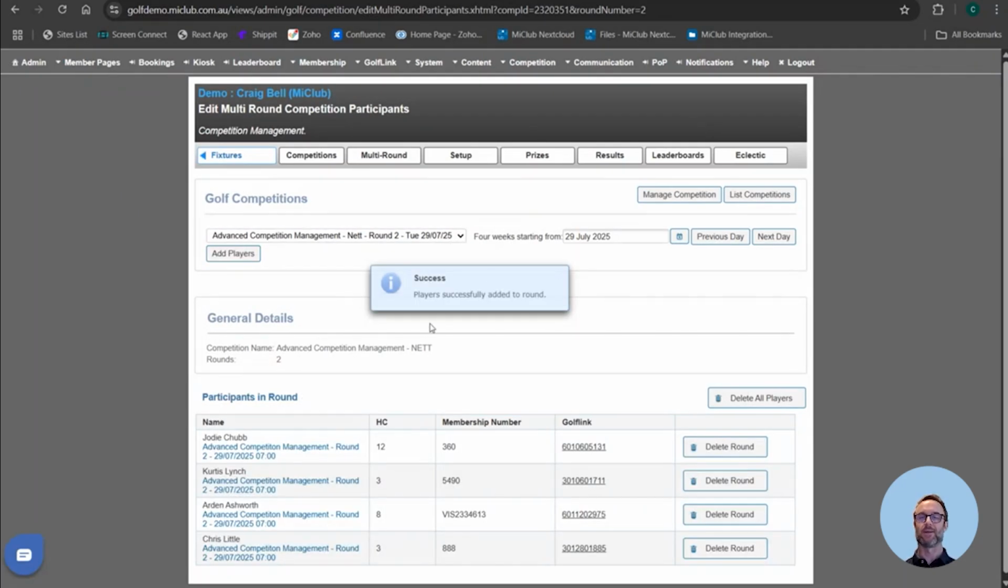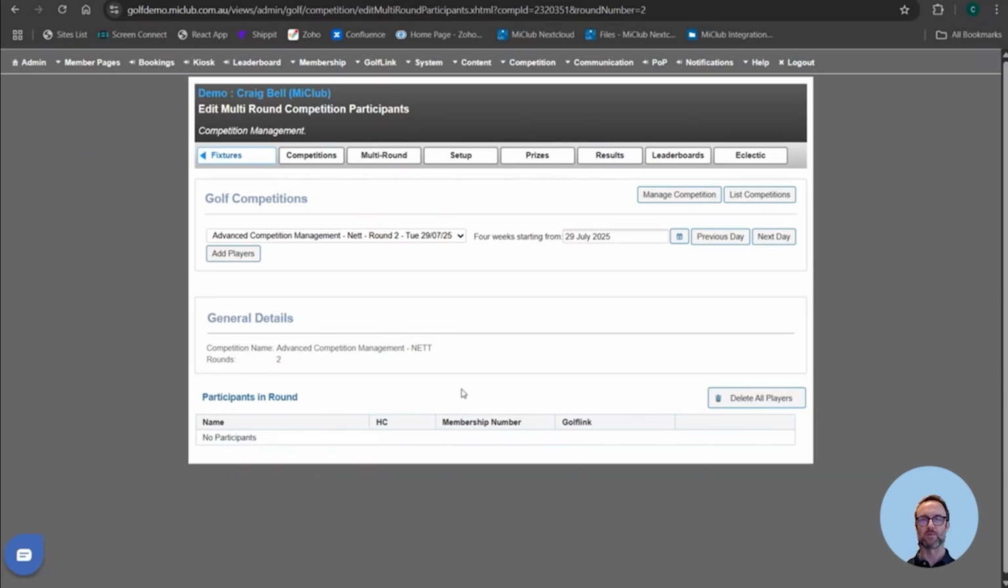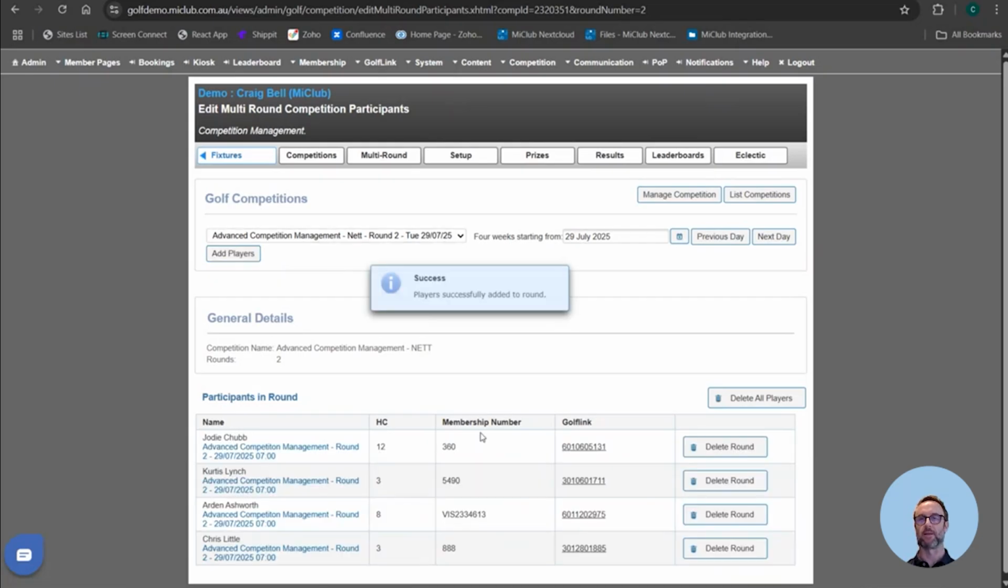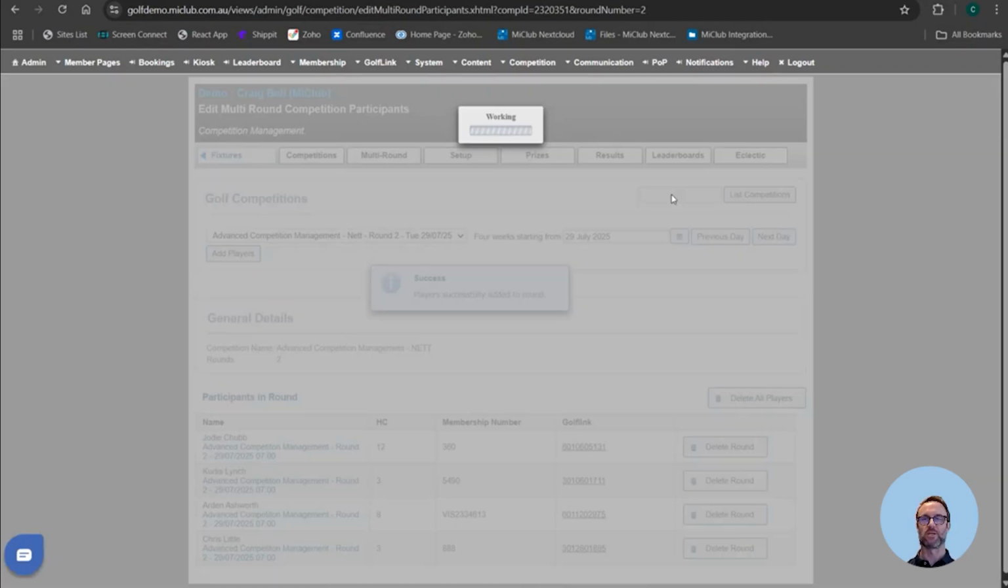Now, once the players are added, if there's certain players that you don't want included, like visitors, you can just click delete round, and that would remove this player from that particular round. So you can delete individual members, and you can also delete them all if you happen to add the wrong competition by mistake. If we do that, you'll see it goes back to blank. Then if I click on the drop down again and click add players, it adds them back in again. Now it saves automatically. There's no save button. So if we go back to manage competition,